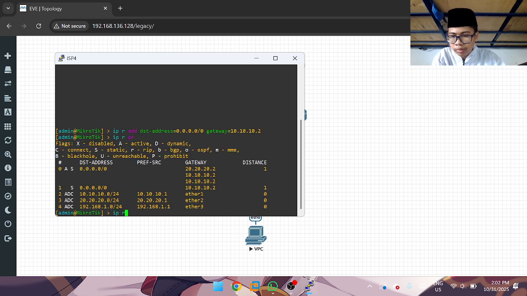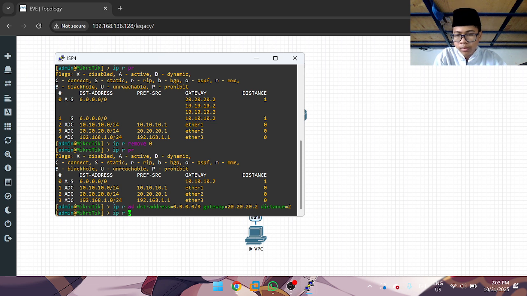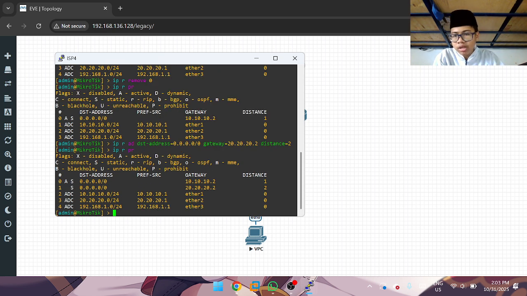Oh, I want to remove. And for the secondary route is ISP2, use IP route add dst-address 0.0.0.0/0 gateway 20.20.20.2 and distance is 2. The main route is ISP1 and the secondary route is 20.20.20.2.